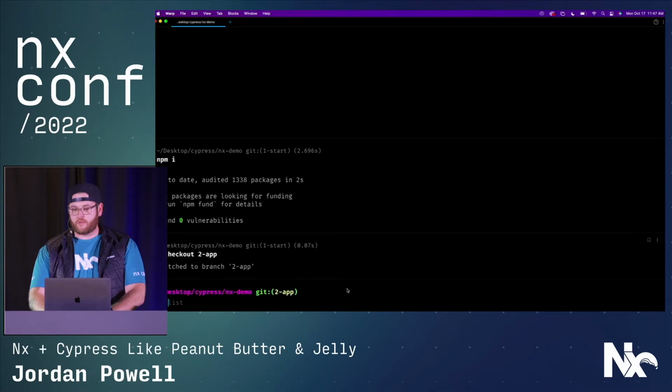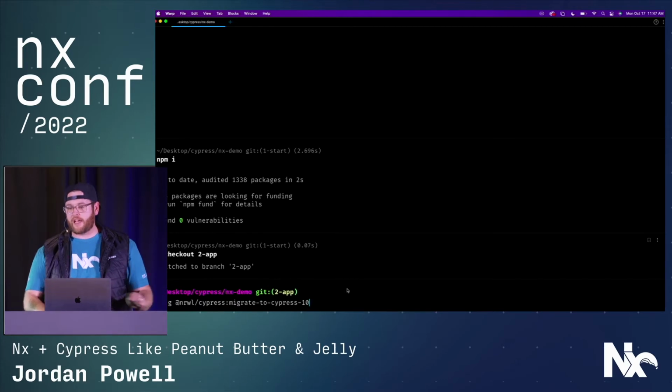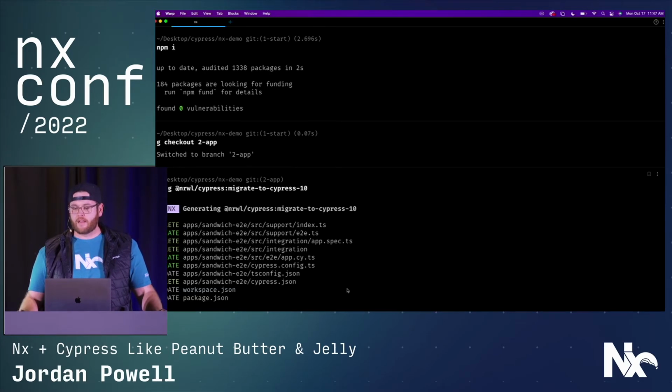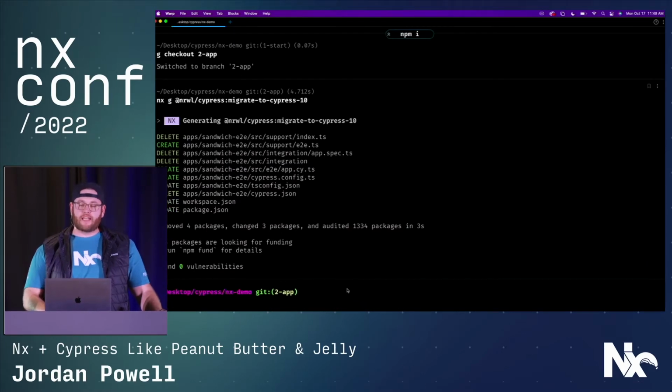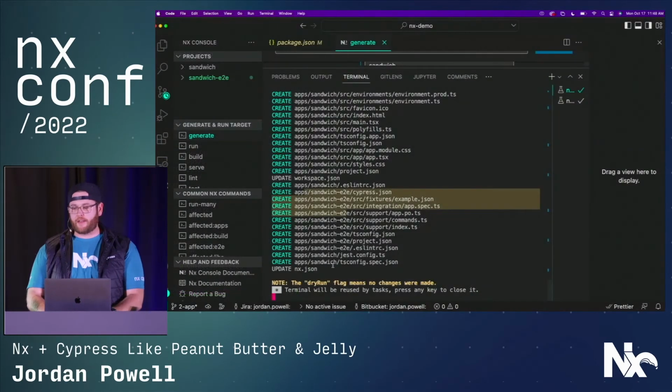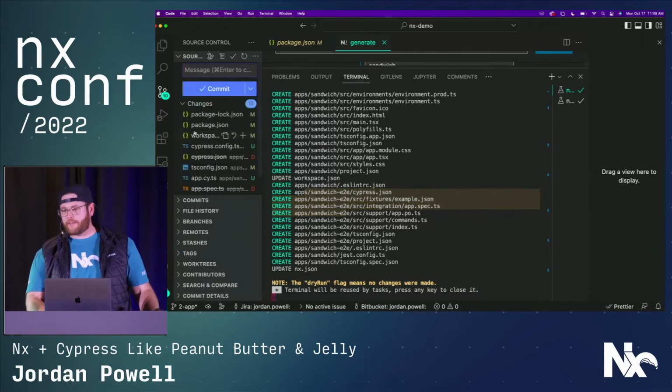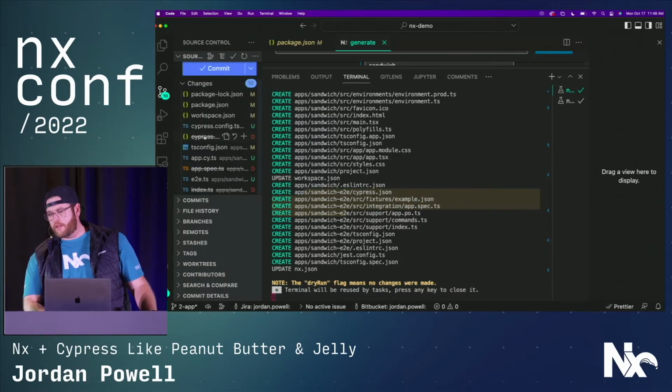So we are going to run nx g @nrwl/cypress:migrate to Cypress 10. And here we will see it's going to not only update our dependencies to Cypress 10, but if we look at our git diff, we now see